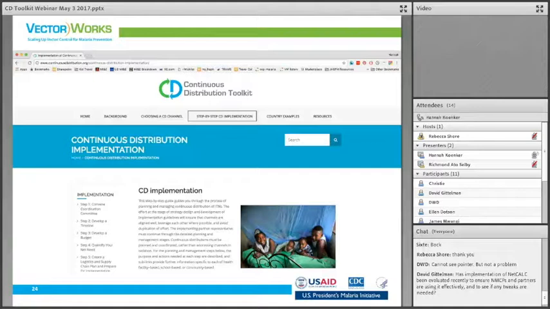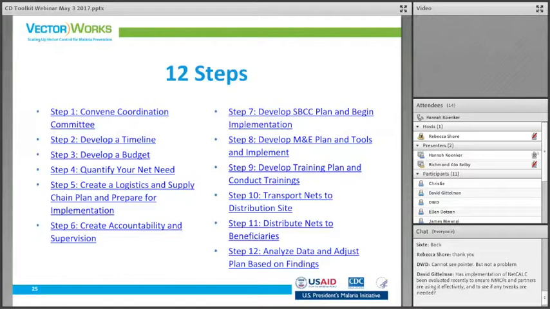So the 12 steps are first getting your coordination committee together. These follow essentially the steps outlined in the AMP toolkit for mass campaigns. They're largely similar in scope to those. Developing a timeline and a budget, quantifying the net need given the channels that you're implementing in your population, creating